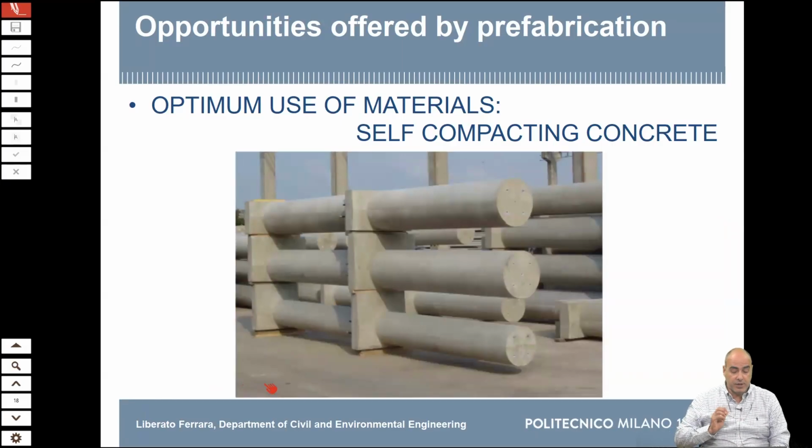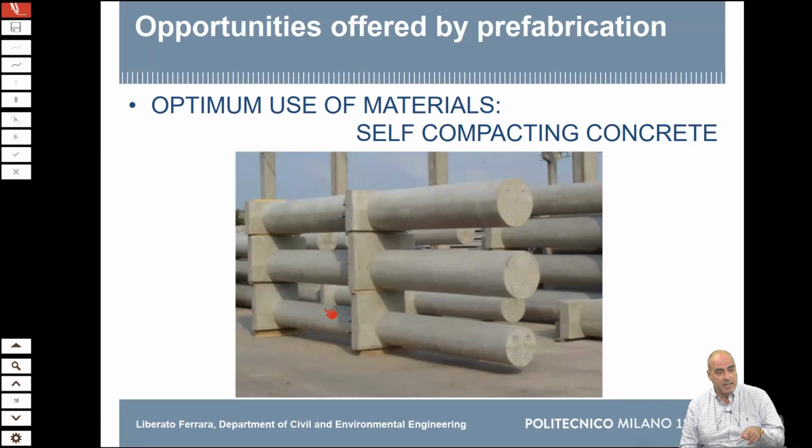Well, better finishing, or also having the possibility to cast some not so conventional shapes. You can see here these are circular columns for a 2-story building, because you can see at this position and this position these kinds of corbels, which were designed to accommodate the horizontal part of the structure. And the other thing is that, for example, dealing with quality control and so on, when you